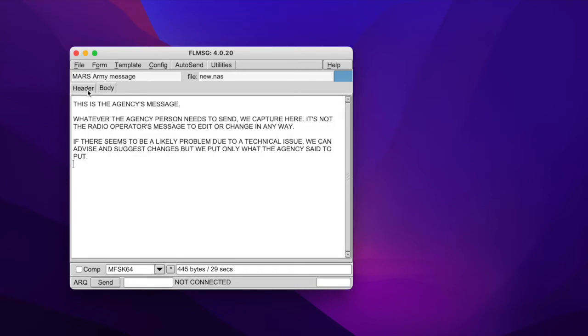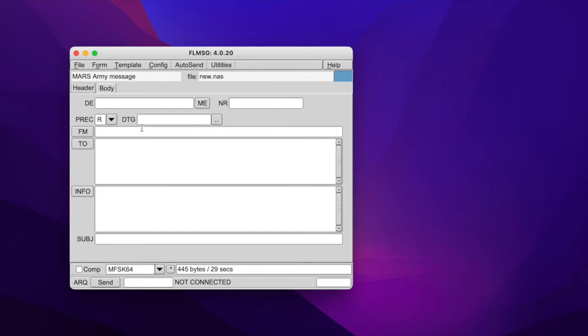So we might use something like a tactical call sign or some other indicator, the signal operating instructions that we're using or whatever instructions we have will tell us the way that those things should appear. We can put in the originator, the from sign, the action addressee, and there's also an info addressee. We also have room for a subject that we can put in there. We can set the precedence. The date time group will be automatically populated by one of those buttons. This is right now. We also, if we have configured FL Message with our call sign, we hit the ME button, me. It's going to put our call sign in there,